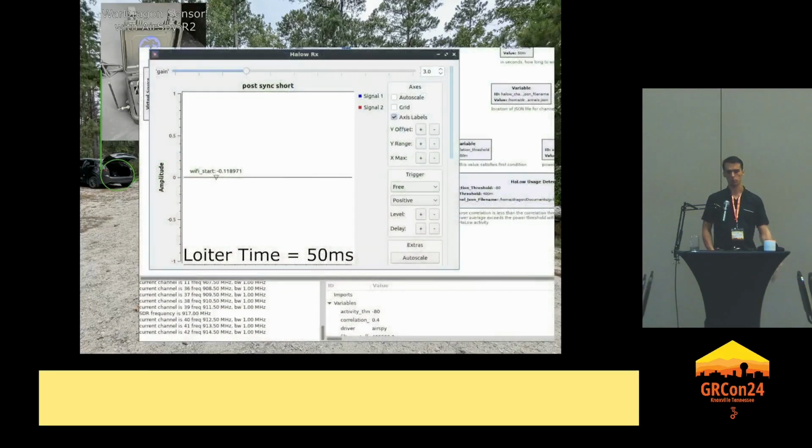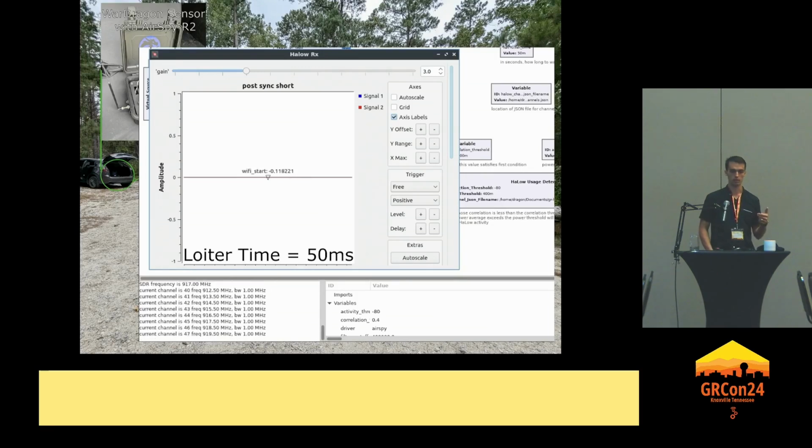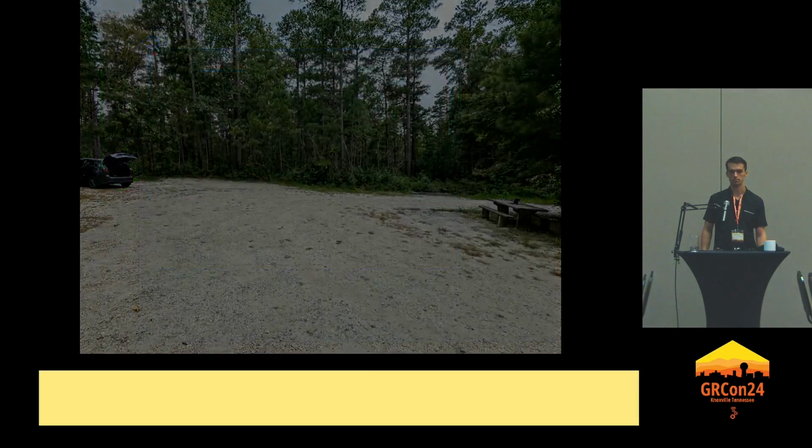Then here I'm going to repeat the process with a faster loader time to show that it skips over the desired channel a couple times before getting a final good detection on the last sweep. That illustrates a little bit of the trade-off that I saw between the longer and shorter loader times.